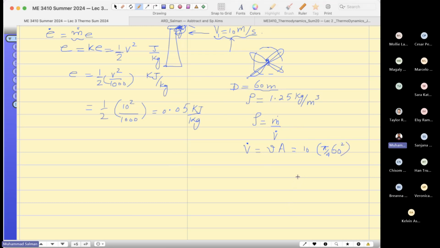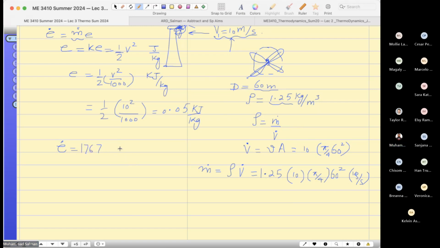So you can find the volume flow rate like this, and since the density is given, density times the volume flow rate will give you the mass flow rate: 1.25 times 10 times pi by 4 times 60 squared, and this is in kilograms per second. And then you will multiply by this one, and you find the power generation potential, which is equal to